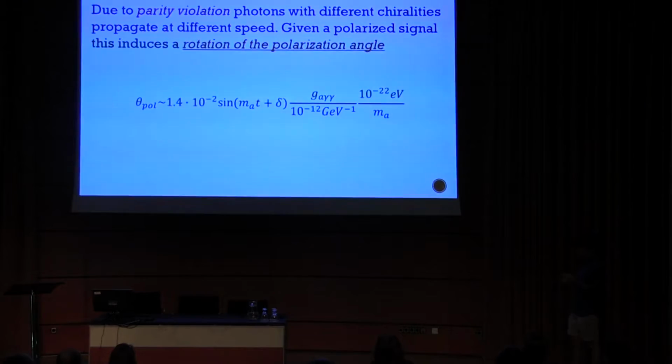And this is just because the interaction is parity violating. This causes the plane of polarization to rotate, but it's not just a simple rotation like a Faraday rotation, it's an oscillation. So this theta is the polarization angle of the signal that you are detecting from your pulsar, and it will be oscillating with a frequency given by the mass of the axion medium. Notice that the mass I'm probing with this second technique is very small. This is what people call fuzzy dark matter.